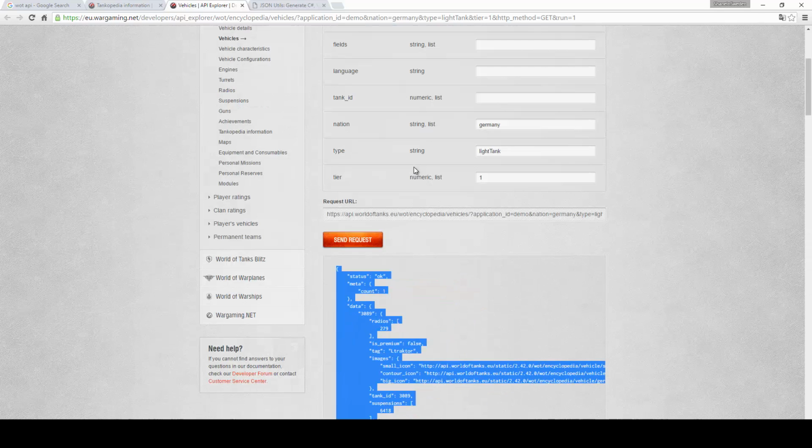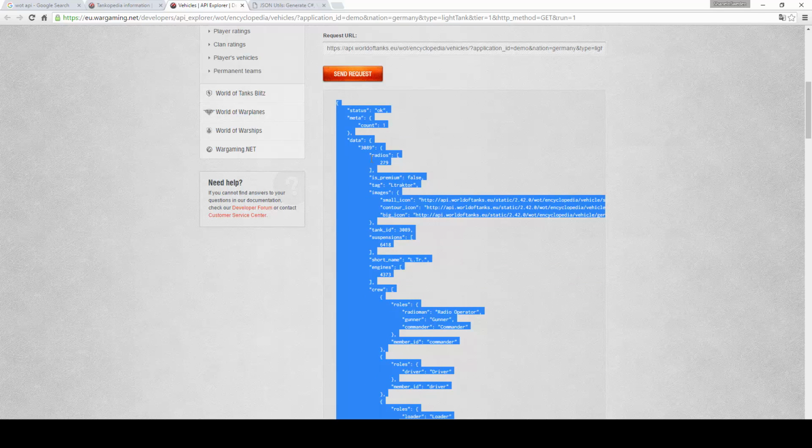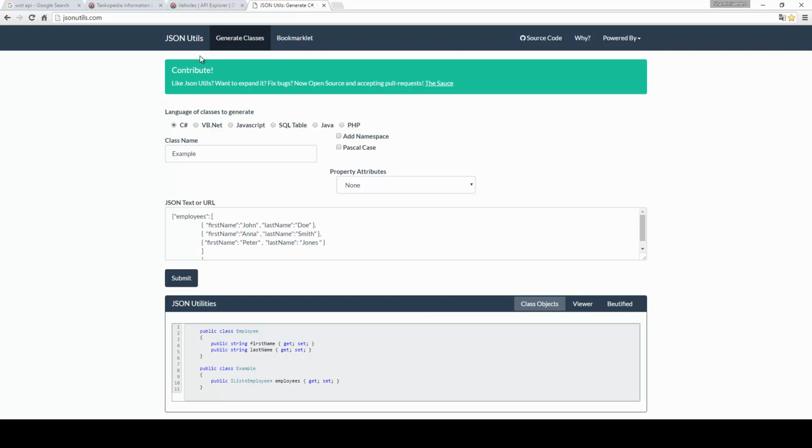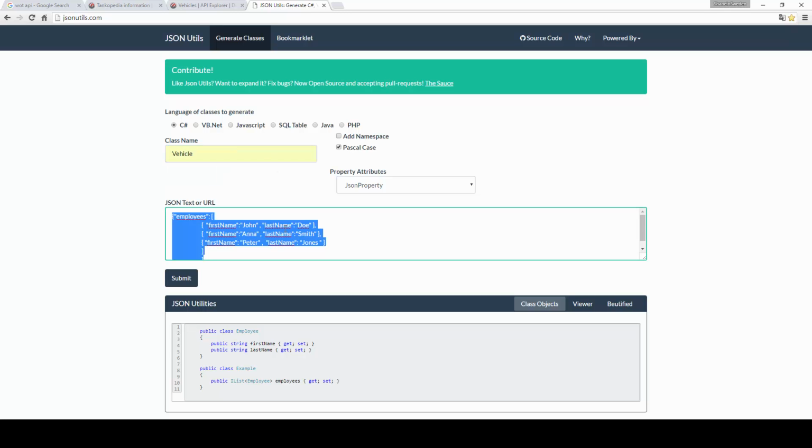and I'm going to use an online utility here called JSON Utils, and this allows us to take some JSON text and JSON messages and convert them to a class in the language of your choice. And I also want to have the JSON property here, and I'm going to put that as Pascal case, I think, yes, and we're going to call this class Vehicle. Okay, so what we do is we take away all the JSON text there, we paste in our JSON text, and